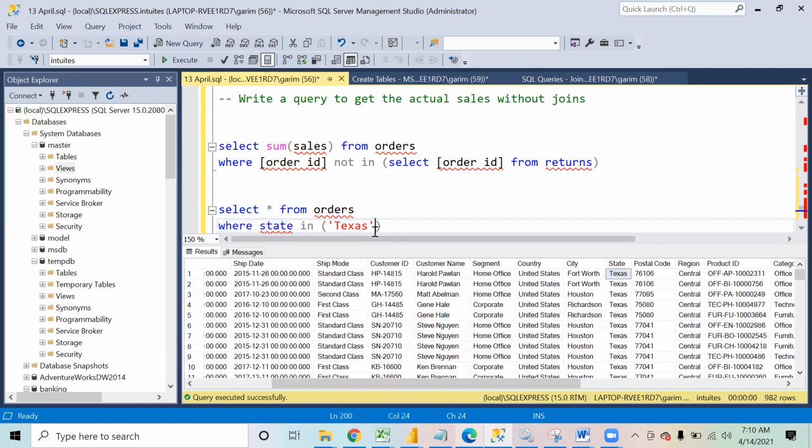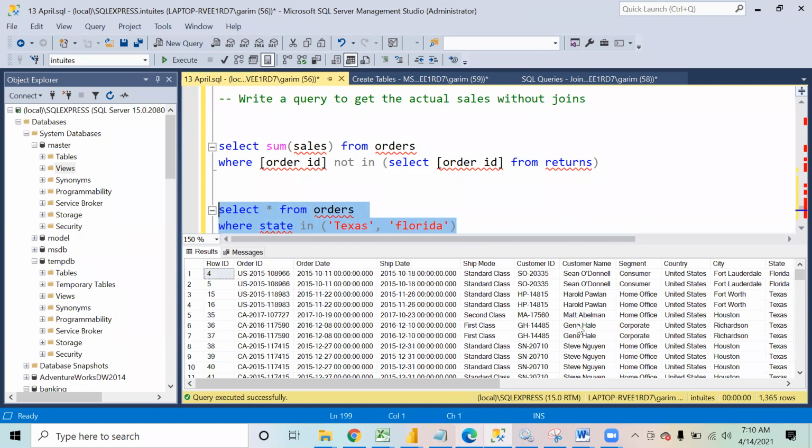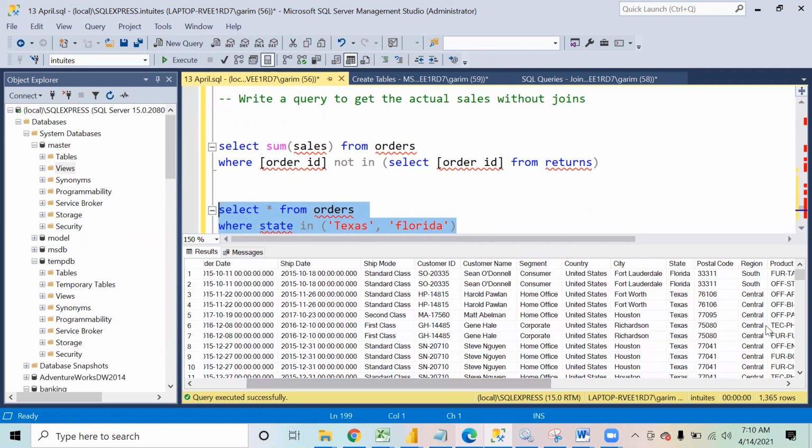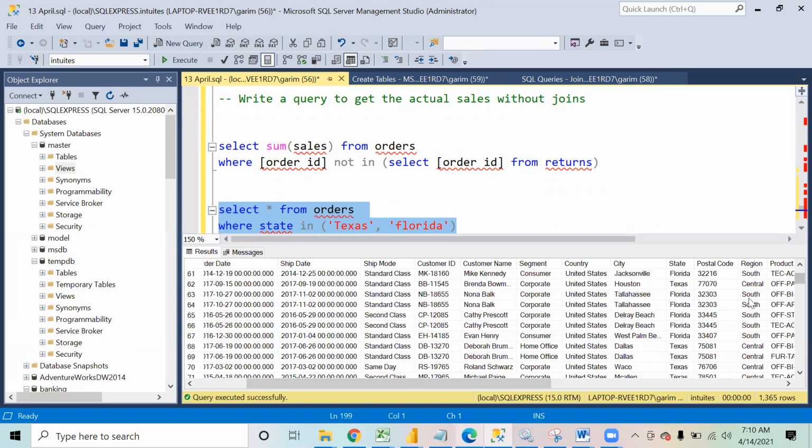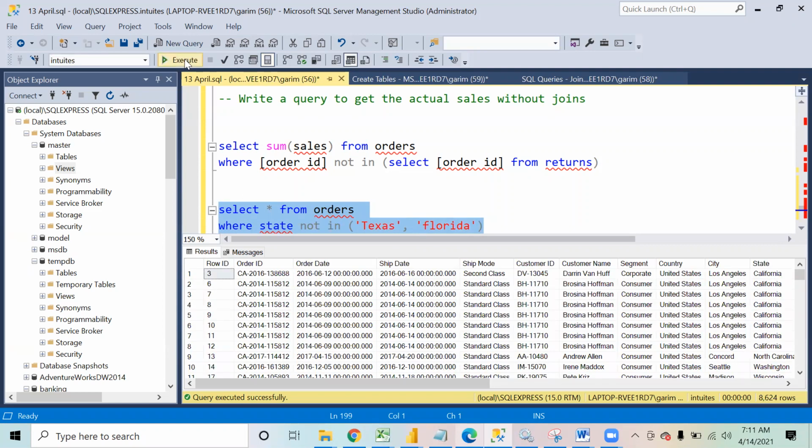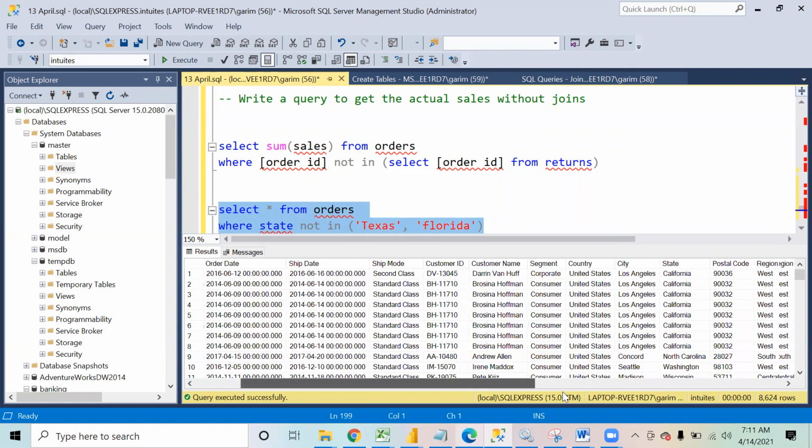If I say where state in Texas or Florida, this is going to fetch the data in which the states will be either Texas or Florida. So you can see Florida also. If I say not in, not means where the state is not Texas or not Florida. Except these, every other data will come. Now you will see I won't have the data for Texas or Florida over here.